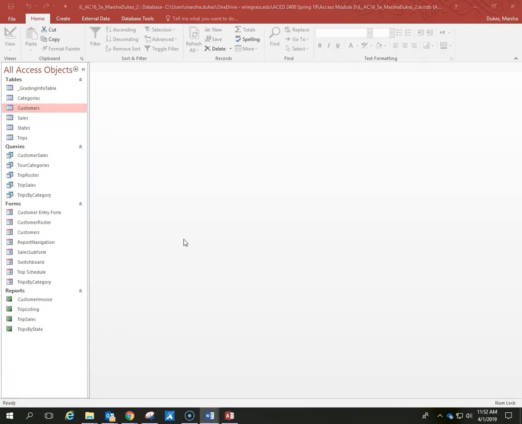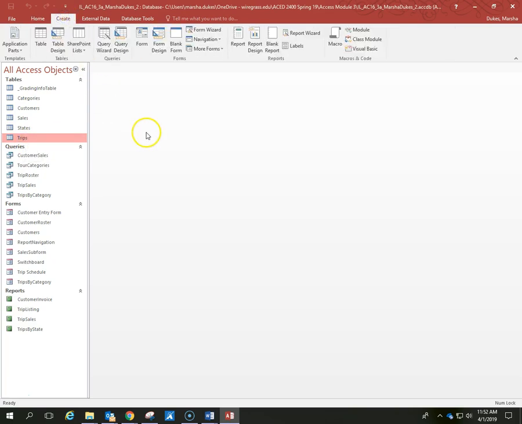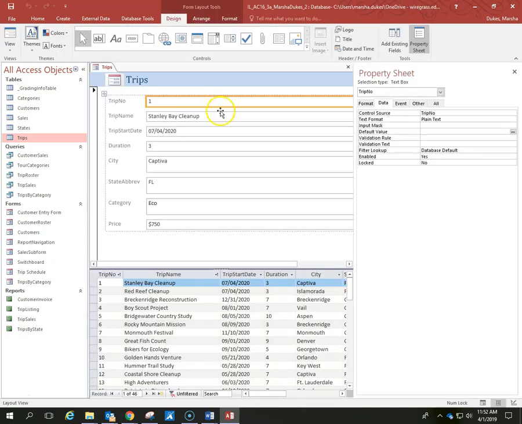In step number 6, they want us to create a split form based on the trips table. So we're going to go up here to the navigation pane and click on Trips. Then we're going to click on the Create tab. Now the split form is located under the More Forms link. And if you come down and click on Split Form, it automatically displays both a form view as well as